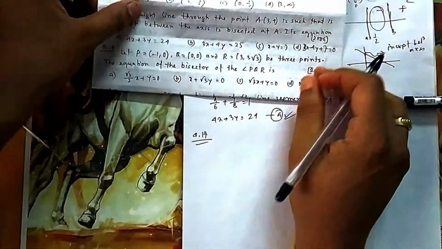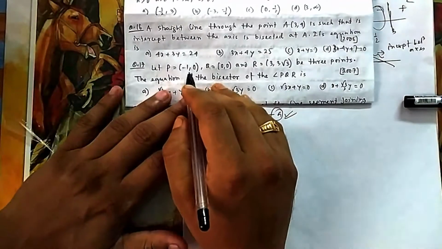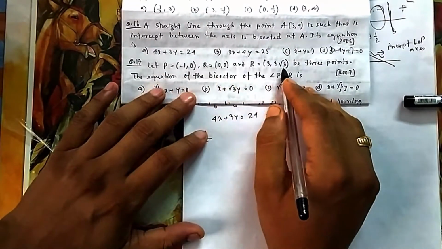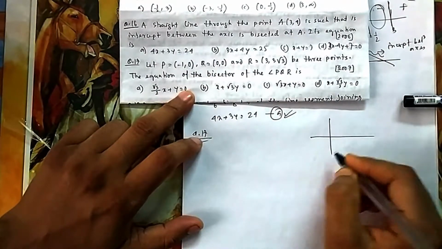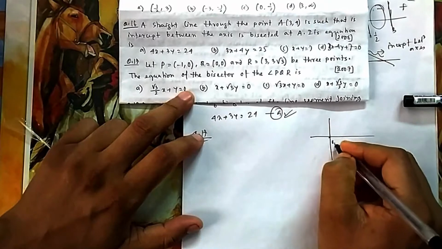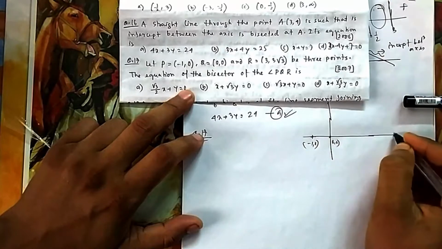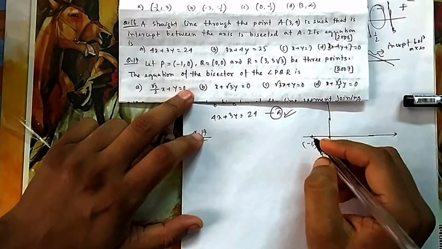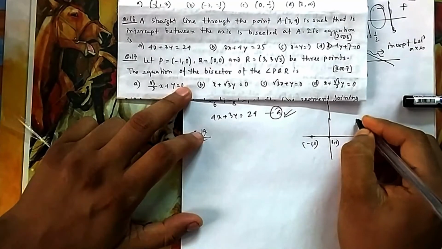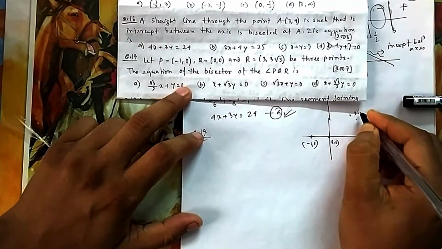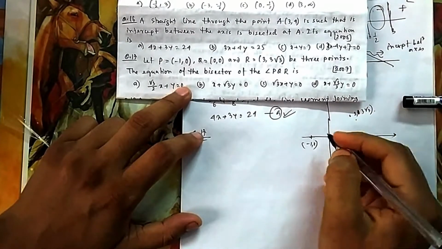If P, Q, R be 3 points, then the equation of the bisector of angle PQR. So whenever you see these points -1, 0 and 0, 0, these are very lucrative points. You try to draw this one because it's easy also. 0, 0 means this point and -1, 0 means this point. You always try to draw these because they are very good if you visualize this one. And it is 3, 3 root 3. So 3, 3 root 3 will be somewhere here. So these are the points P, Q, R.